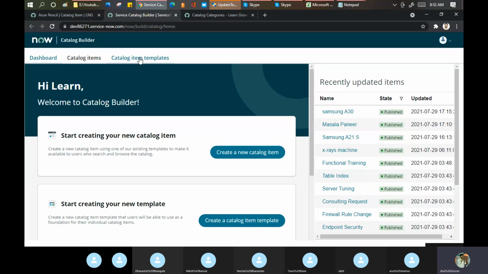What ServiceNow says is, why not use the catalog item template? When you know that you have to create these types of things again and again, tomorrow, if you open a new restaurant, the same thing can be applied there as well. So it is just a structured way, a framework or a format which you can use to build your catalog item without putting any extra burden on your mind. Let's take an example here.